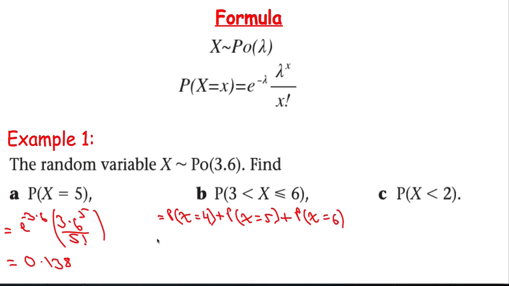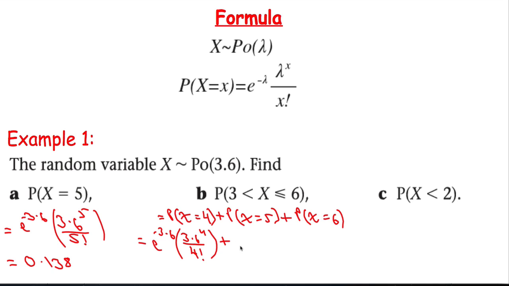So again, what we're going to do is plug each of these into our formula. This is going to be a wee bit longer. So here we go. We've got e to the power of minus 3.6 times 3.6 to the power of 4 over 4 factorial,